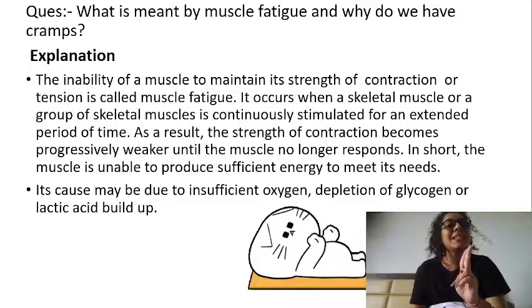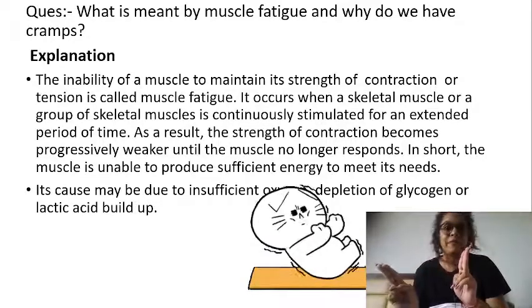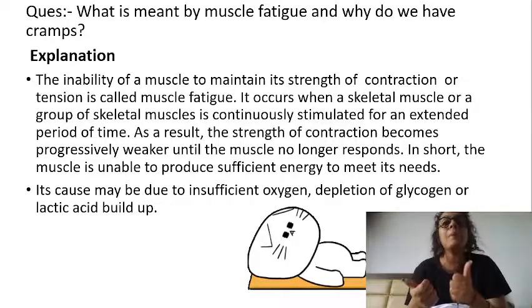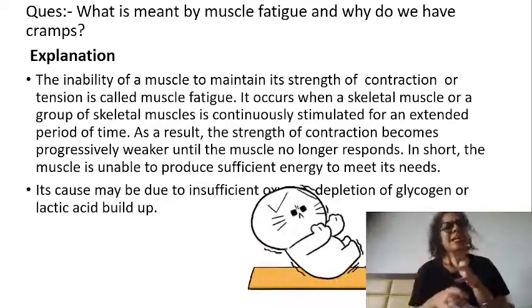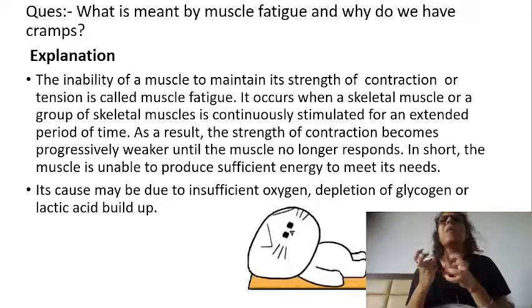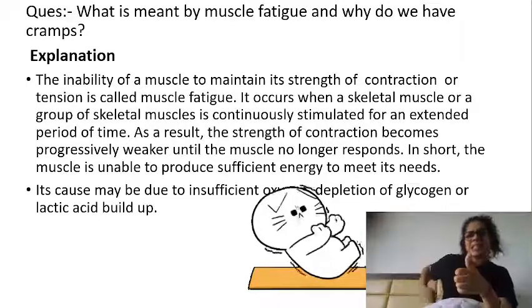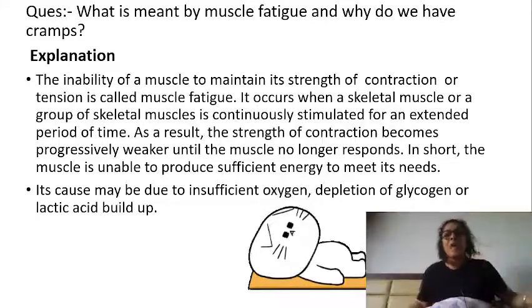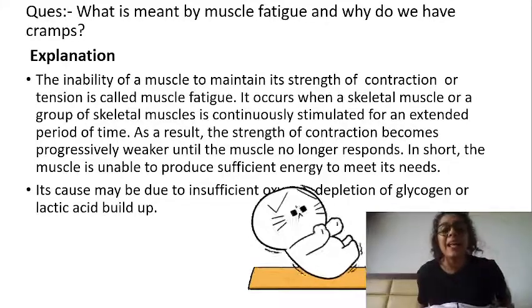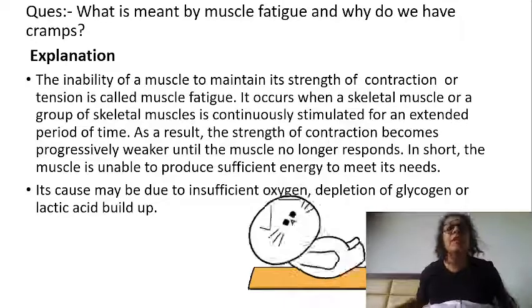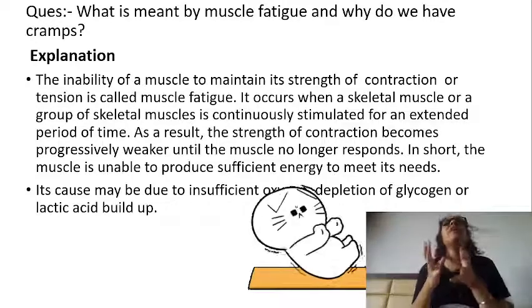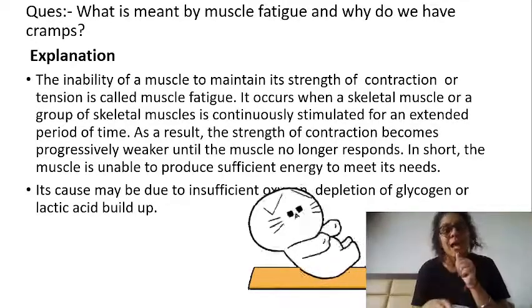Now, fatigue is different and cramp is different. What are cramps? Cramps are basically after vigorous exercise. There is some amount of pain either at the side of the abdomen or at the knee area or at the leg area, the jerky feeling what you get, that is cramp. It is very painful. Why is that happening?